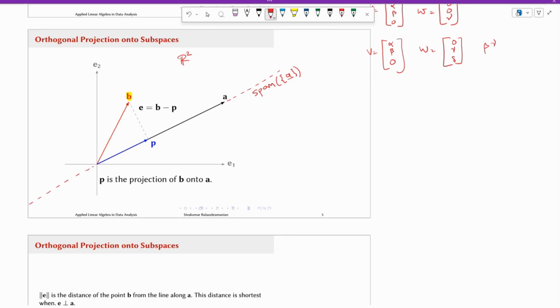We define a new vector P, which we say is the orthogonal projection of B onto A. If it satisfies these conditions, P will fall in the subspace spanned by A. That means essentially P will be a component. P will belong to the subspace spanned by A, and